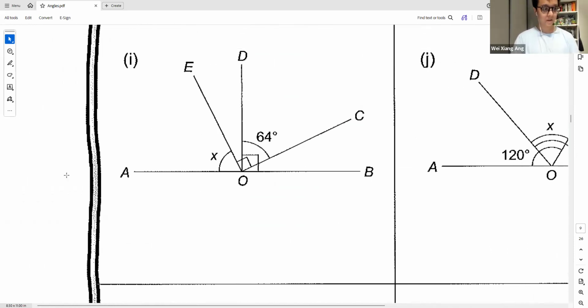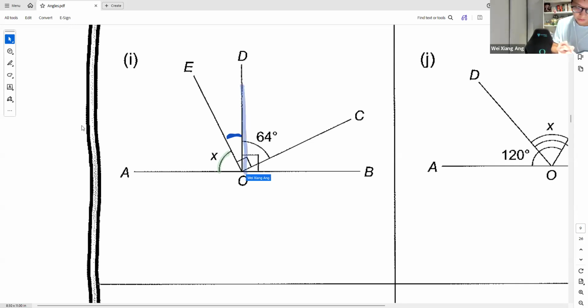Okay, now you want to find x, right? Where's x? X is here. Now don't worry about all these very complicated shapes. Just ask yourself what would be nice to have here. For me, I would say it'll be nice to have this angle. Why? Because if I have this angle,